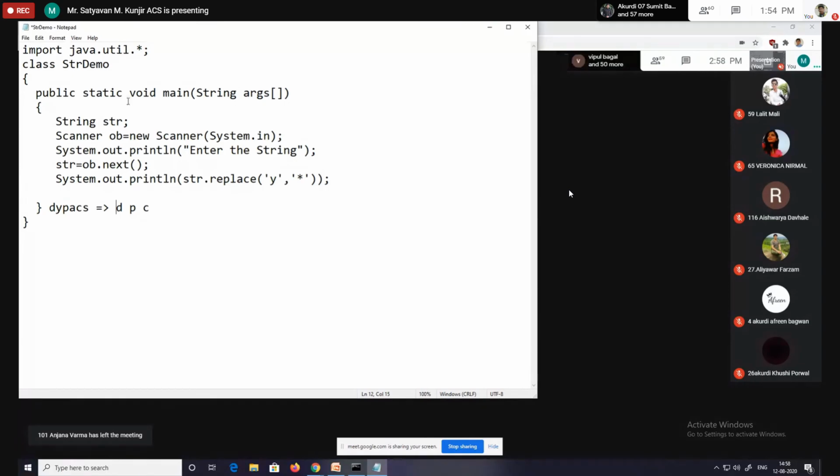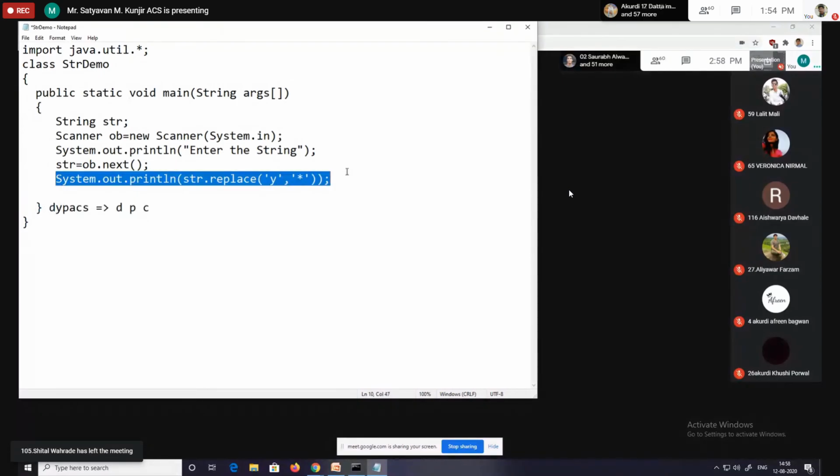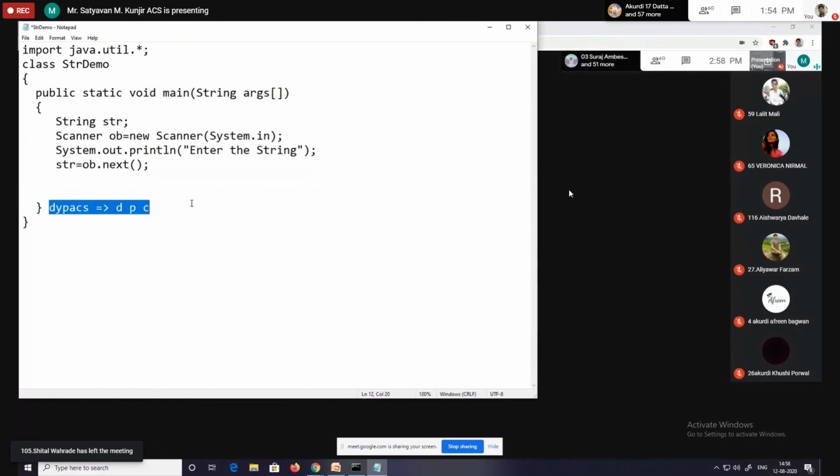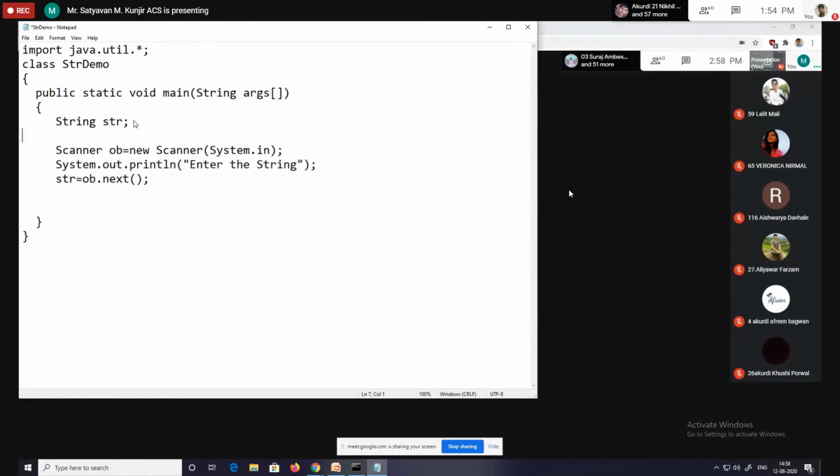What you have to do again: same, the input section. Then we have to declare variables, int i, n. Then after accepting the string, we have to calculate its length: n equal to str dot length. Here I am using the length method of the String class, not a property, because of that I have given opening and closing parentheses.